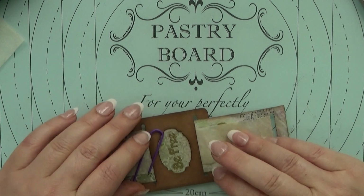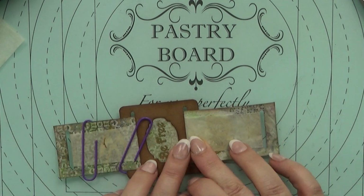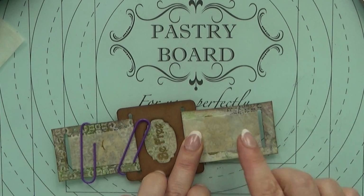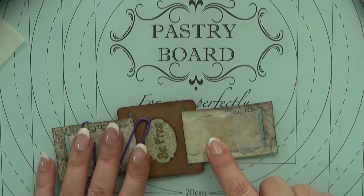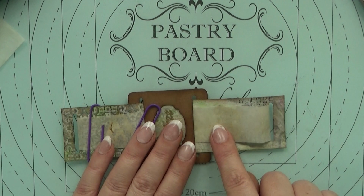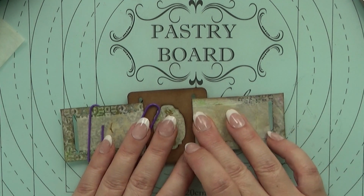And slot it under and check. Yes, so that looks pretty good. Okay, now I'm going to leave those two paper clipped like so, and I'm going to do this one. Now,